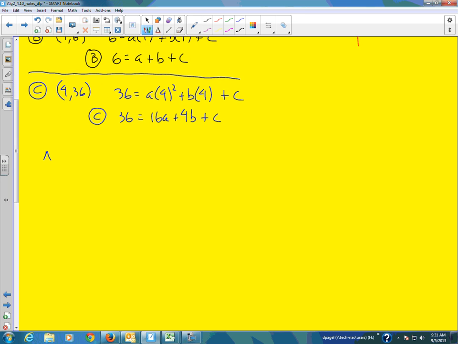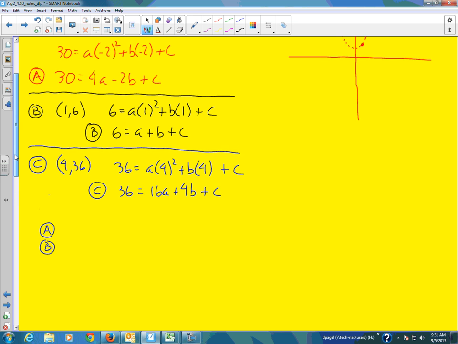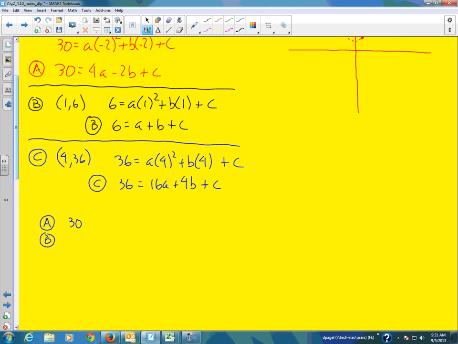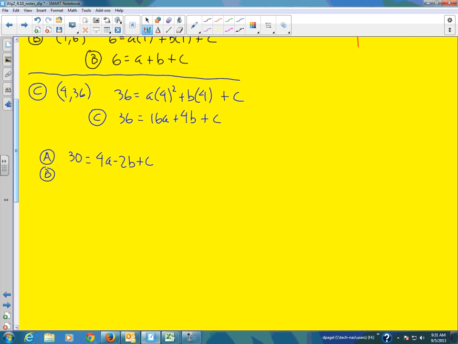I'm going to pair equation A and B together. So A, once again, is 30 equals 4a minus 2b plus c. And B is 6 equals a plus b plus c. Now, it makes sense because my c's are obvious in terms of their coefficients being 1. I'm going to just go ahead and choose to make 1